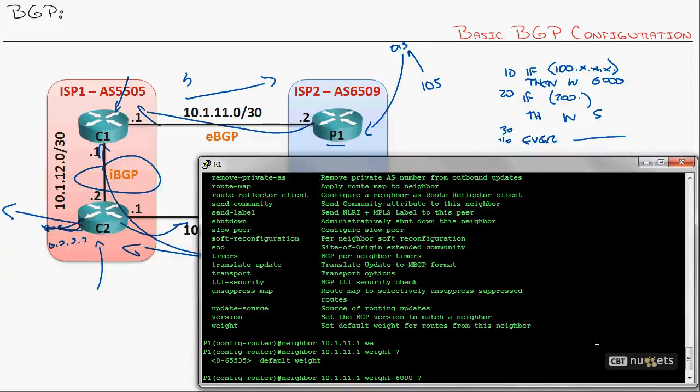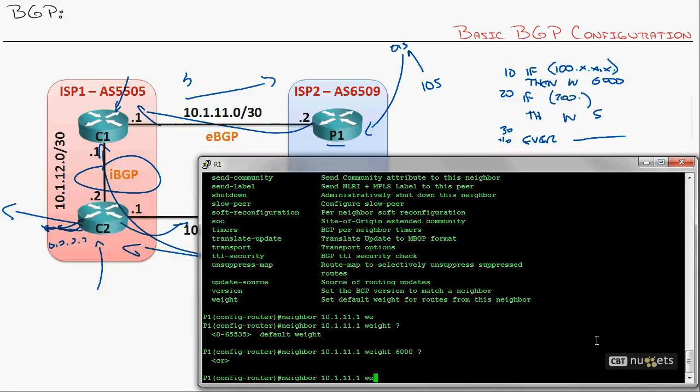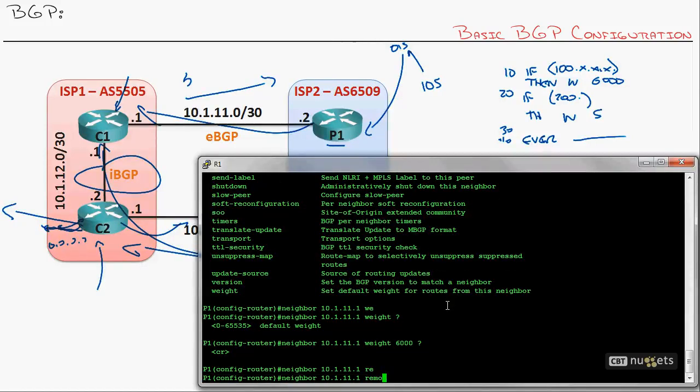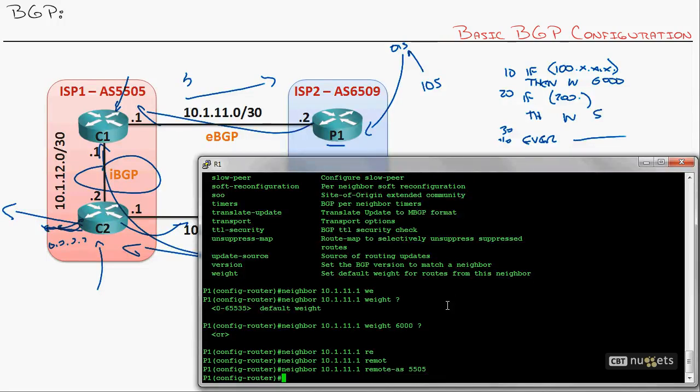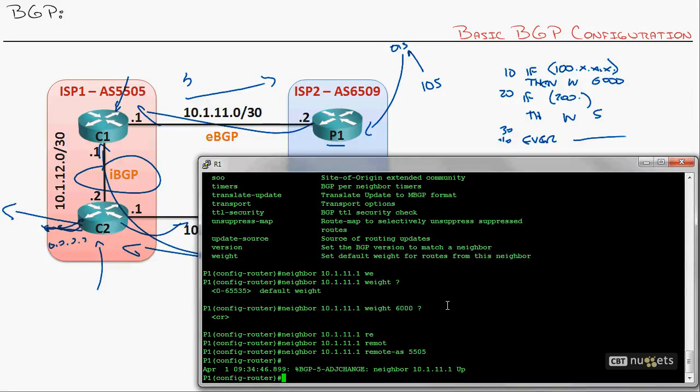Anyhow, let's go back to the base configuration. None of this matters if your neighbor isn't working. So I'm going to type in neighbor 10.1.11.1. Who is that? That's C1 from P1's perspective. The first command you always type in is remote autonomous system 5505, which tells this router, P1, this is going to be